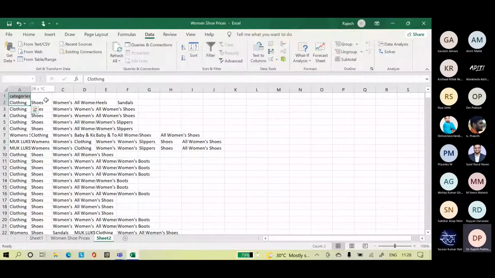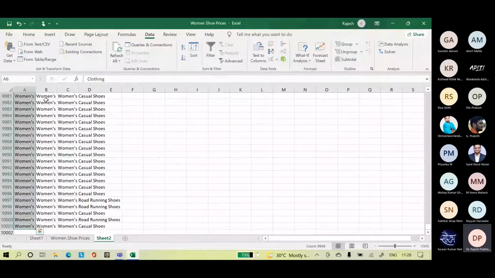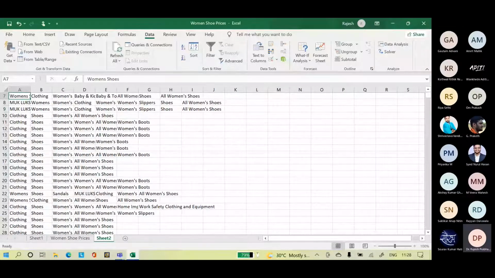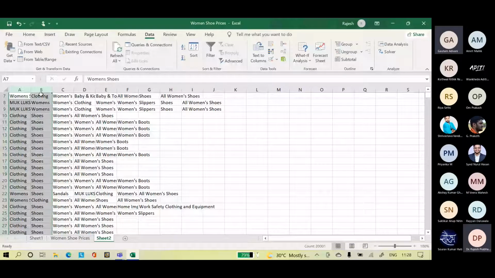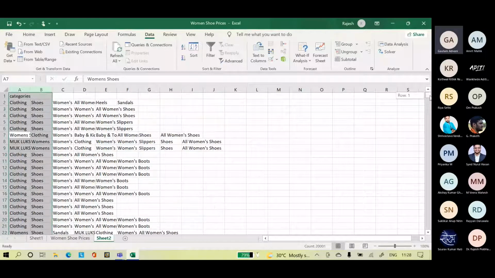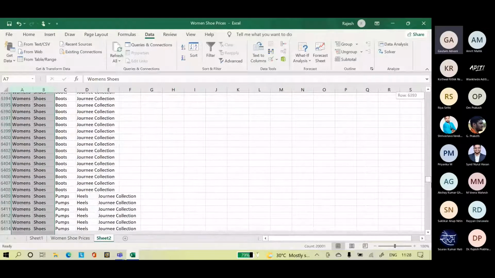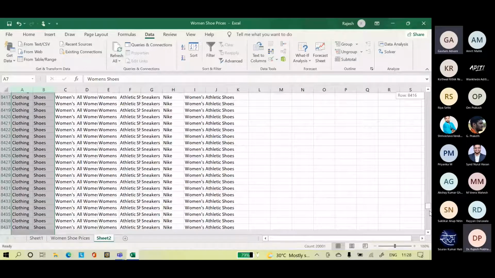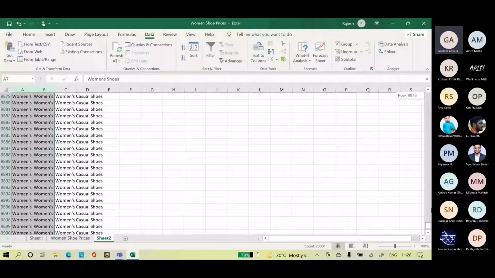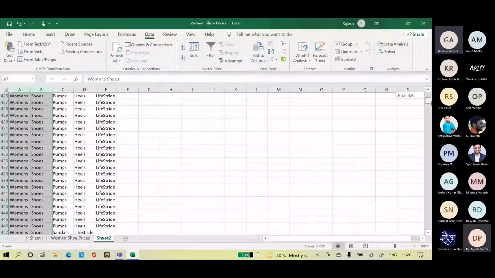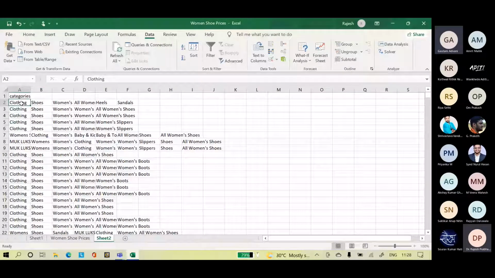Clothing also, it is women's clothing or something like that, right? Women's clothing and shoes. So I'll delete column A, column B for the time being. No, sir. Well, why? Sir, actually, if we go to see, there are women's clothing, women's shoes. There are different categories. So when we sort and filter, we see many categories over there. It's not all shoes. You are saying this category, right?